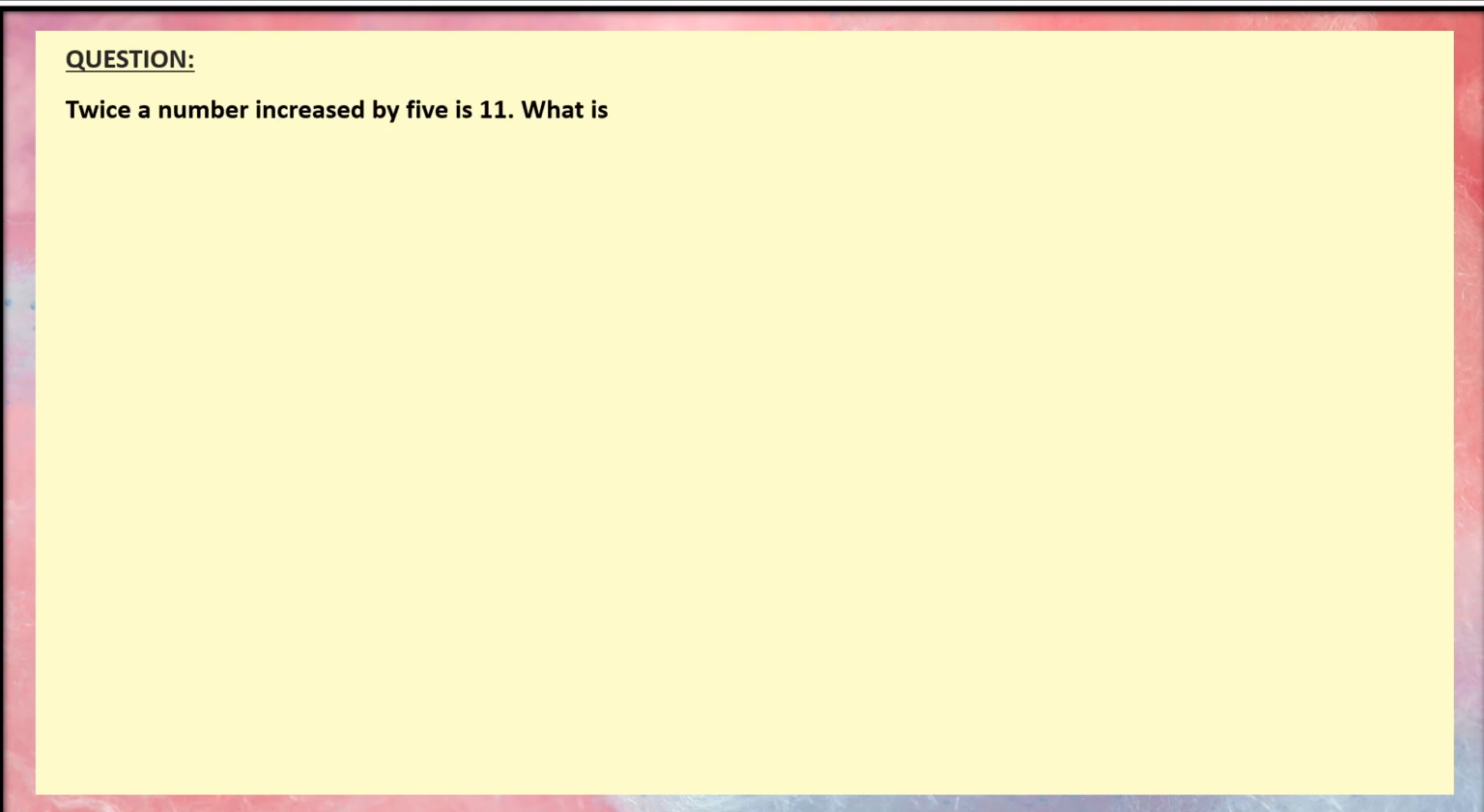So we'll be looking at a word problem today, and I'll read out the question. Twice a number increased by 5 is 11. What is the number? So looking at the solution, what we'll just simply do is, since we don't know the number,